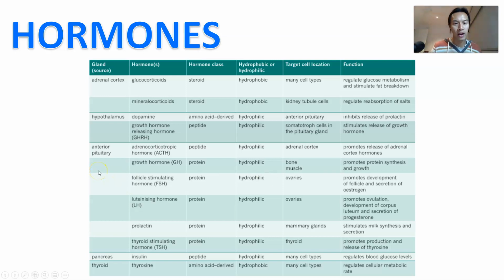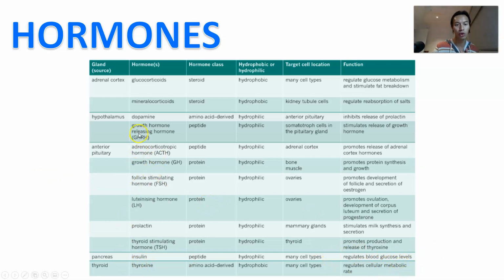Okay, so for example, your hypothalamus. Your hypothalamus is a gland on the inside of your brain, and that's going to release certain types of hormones. One of them is actually called dopamine. Dopamine is the fairly popular one because it's the feel-good hormone. Your body loves taking dopamine. It's like a drug because it makes you feel good about yourself, right? So when you go to the gym and you pump some iron, you get really tired, but then your body gets flushed with all of this dopamine that you feel really good and really accomplished about yourself, and you feel really happy, right? Other hormones can include insulin, which is what regulates blood glucose level, as well as a few